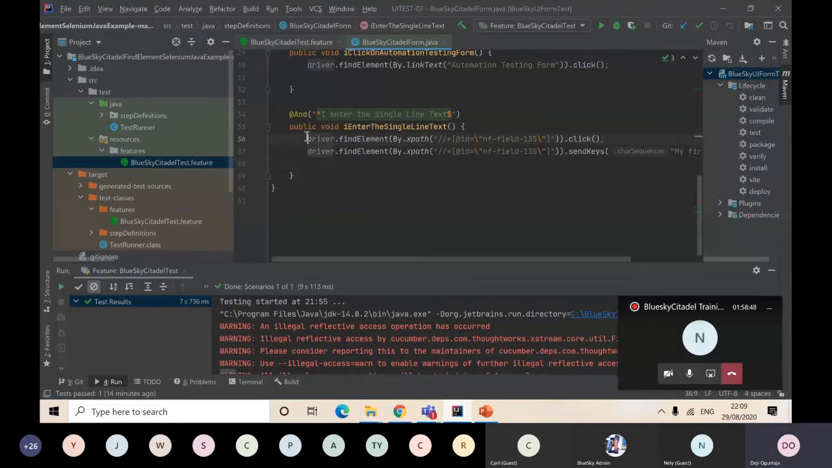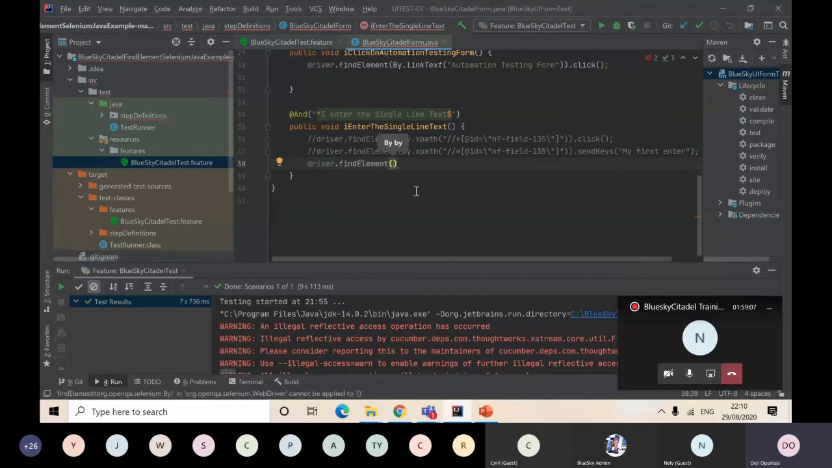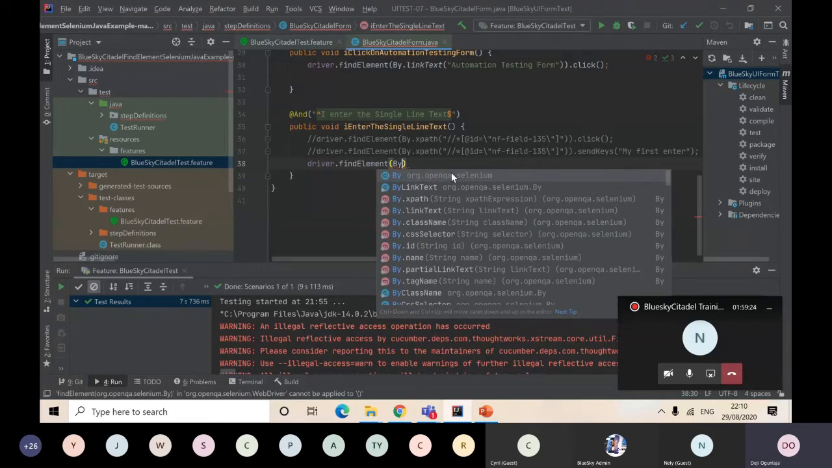Let me comment this one out. So I can say driver, yes, Mr. Driver. He will ask me what do you want out of all these options that go for you? I can say, yes, Mr. Driver, I want you to find an element for me. Find element. It's going to ask me the question, by how, basically. And I can say, okay, that's fine. Please find it by, okay, by what? You can say dot